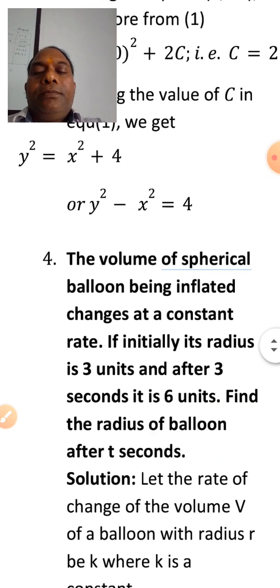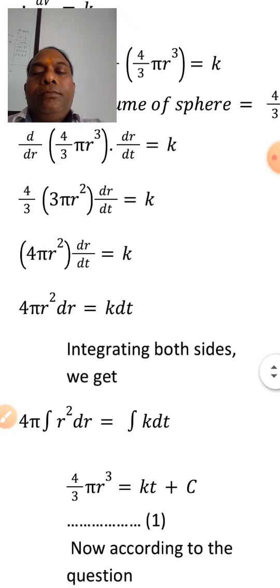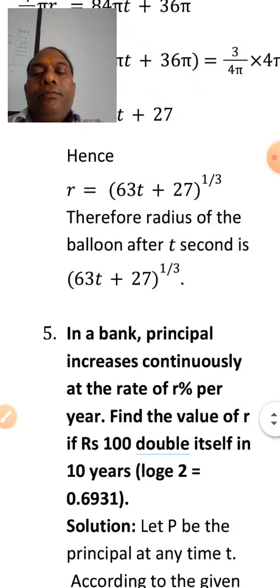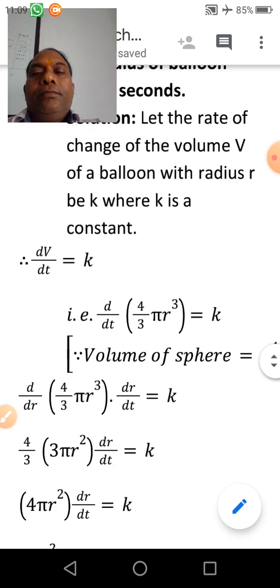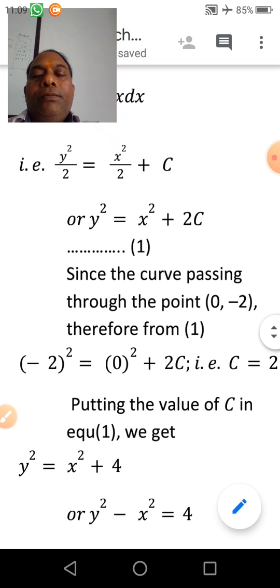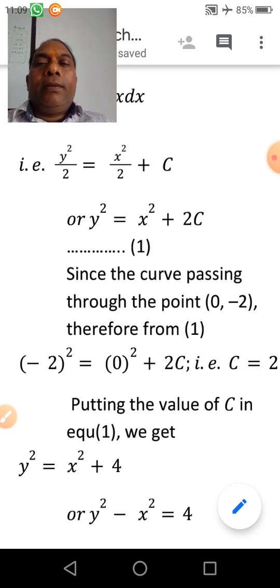Now the equation of the curve is y square minus x square is equal to 4. So next question,